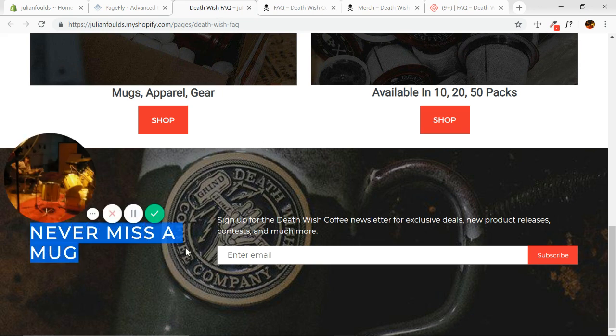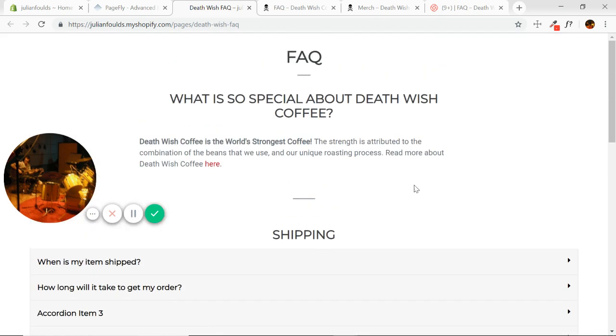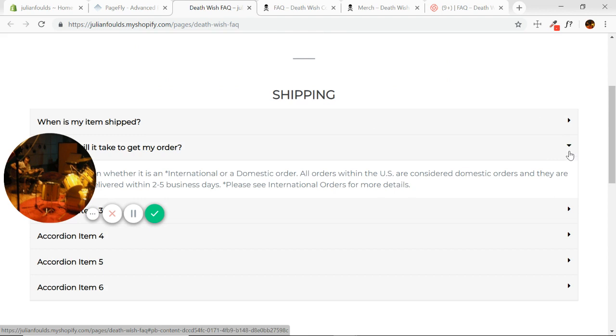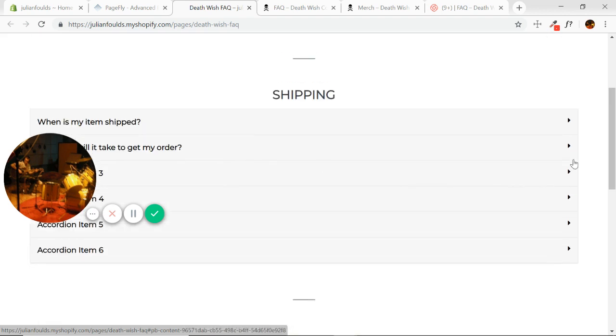Okay, so I've got this header, never miss a mug. I've got this copy here, and then our functional subscribe MailChimp form with the background image nicely aligned. Okay, so give it a shot. As I said, when you're building this, I definitely encourage you to just repeat, make sure every one of those accordion pieces is in place and working